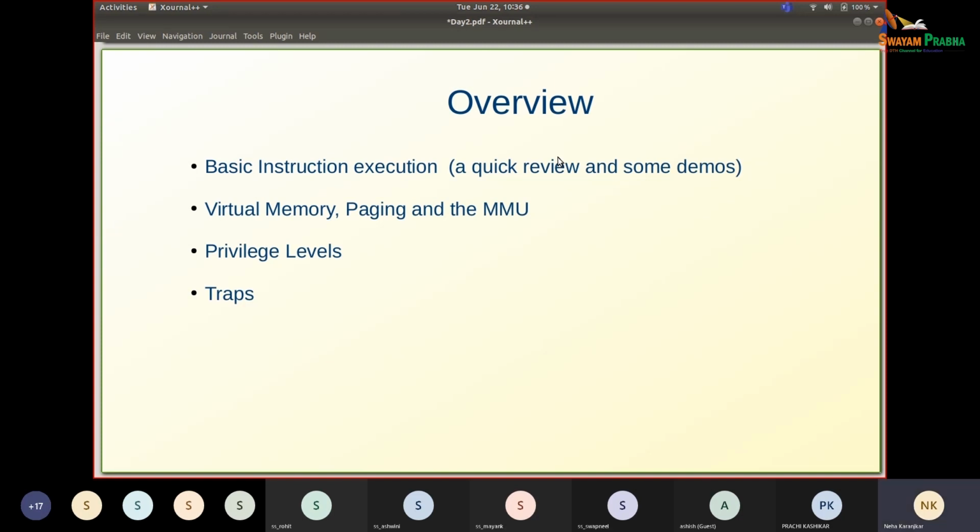Once we do this, see some demos, and have a concrete picture of the basic instruction execution algorithm, we will move on to virtual memory, paging, MMU, privilege levels, and traps. The first is a more important idea requiring more of your time. The last two can be discussed relatively quickly, and you will understand them because they are very simple ideas, privilege levels and traps. So with that said about the overview of the session,